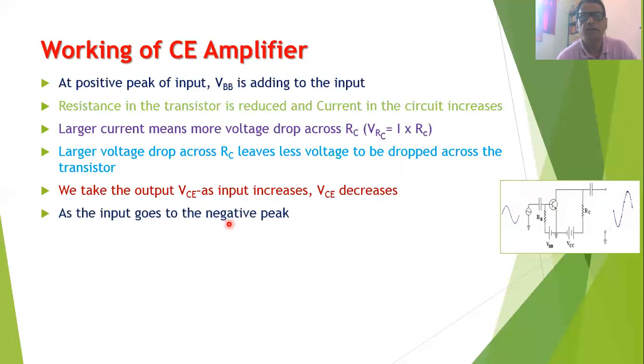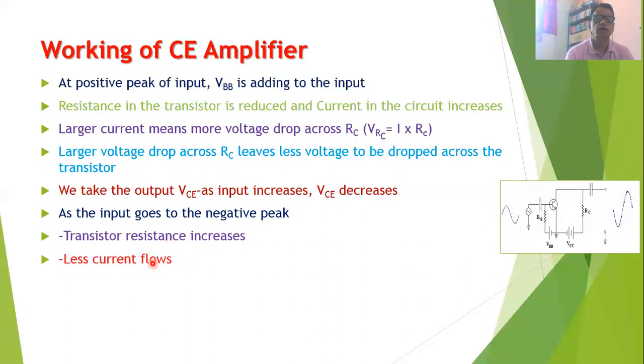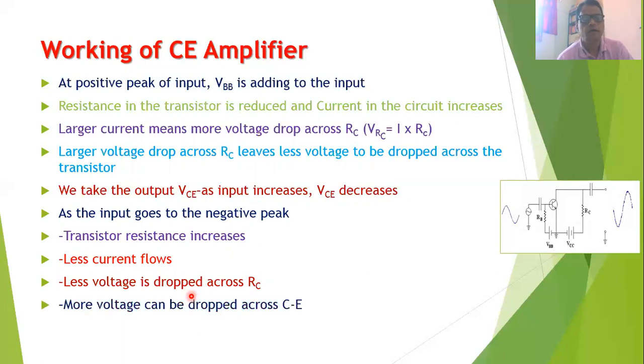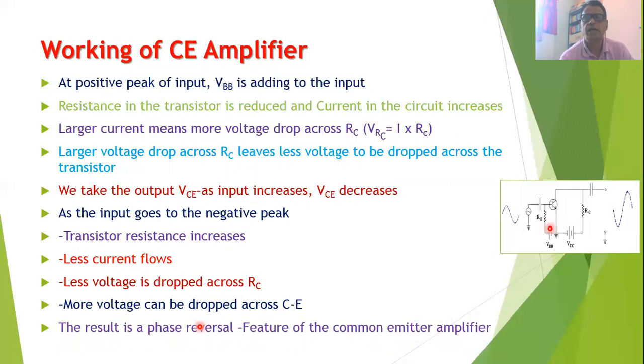Now suppose we have applied the negative half cycle to the input AC voltage. Then you will find that the resistance of the transistor will increase because the voltage will decrease. Now a lesser amount of current will flow through the transistor and there will be less voltage drop across the resistance RC. Therefore, more voltage can be dropped across the CE junction. So the result is that when we apply the negative half cycle to the base of the transistor, the output voltage will increase positively, because as I said, the output is taken between collector and